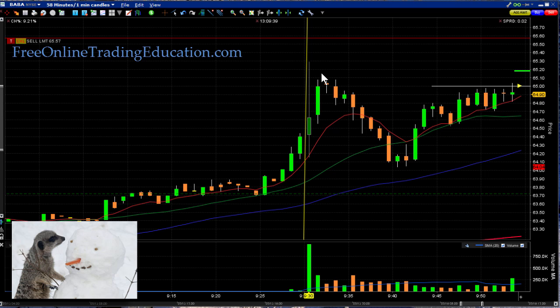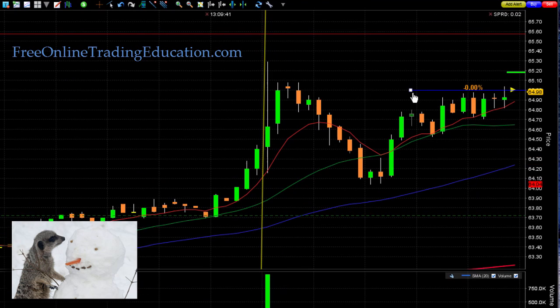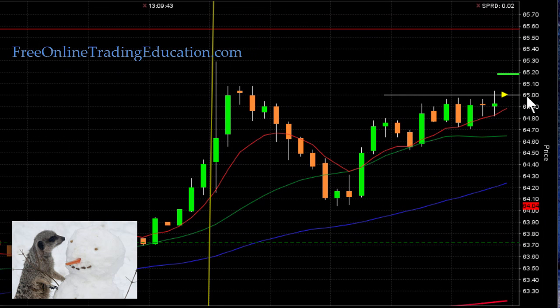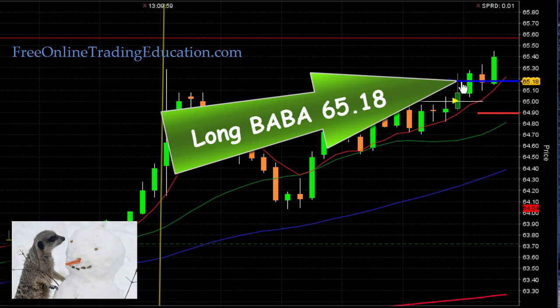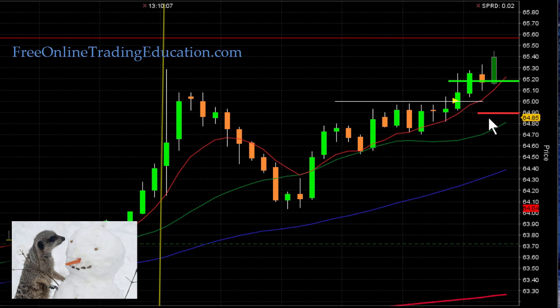It had popped up here and it did a bull pullback, and that was high basing right at the 65 even dollar amount. So I set a trade just above that, and let's get ready to go long, and boom, there she goes. I got in long right at 65.18. Well, I went ahead and I set a stop right down here, just around 64.90, and getting ready to go,